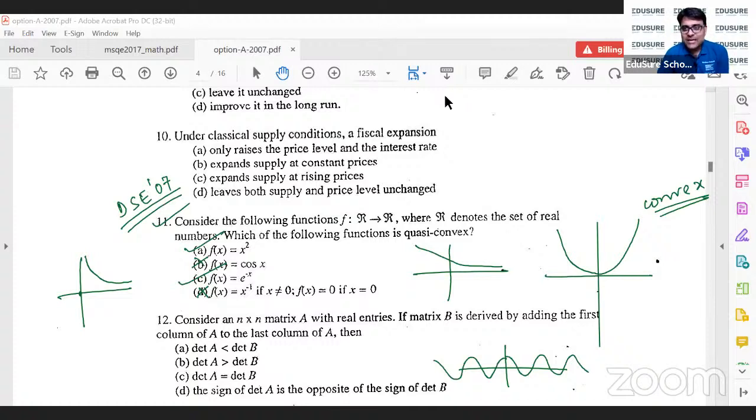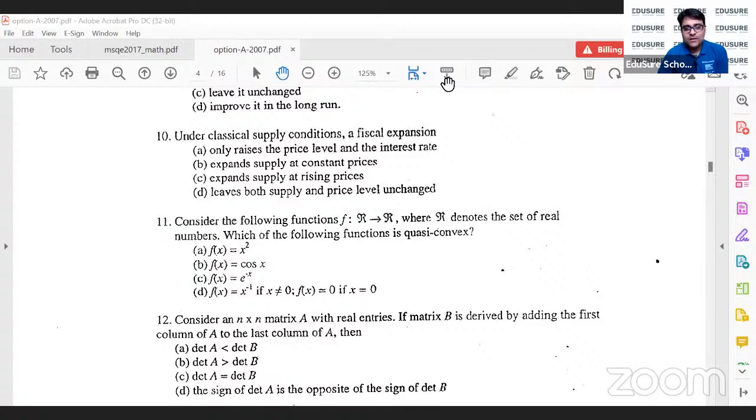If it is asking you that in which part it is convex, तो वो तो आपको देना पड़ेगा ना, that in this part it is convex, in this part it is concave. But what can be said about the entire curve as a whole? Entire curve as a whole, if I have to say that the entire curve as a whole is convex, it has to be convex throughout the domain, not in only one part. Okay,